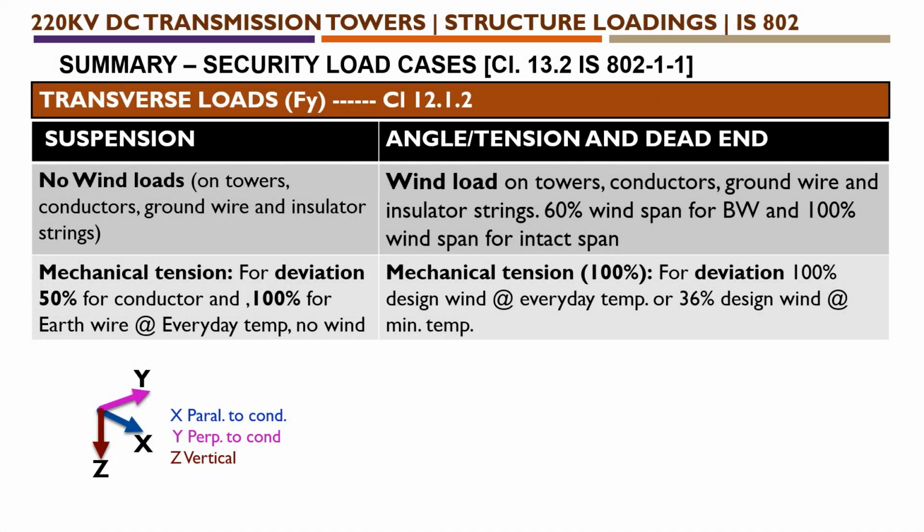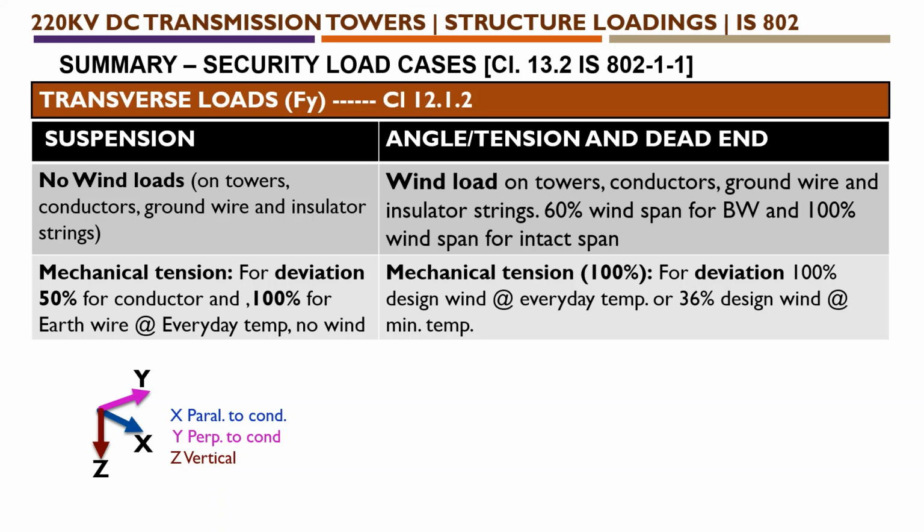So next is transverse loads, FY. In that there are two conditions. In case of suspension tower, no wind should be considered. For example, wind on tower, wind on conductor, wind on ground wire or earth wire, and wind on insulator strings should not be considered. And the mechanical tension we need to consider according to the deviation of the conductor. So for that, 50% of the conductor and 100% of earth wire at everyday temperature and no wind condition to be considered. Coming to the angle, tension and dead-end tower,